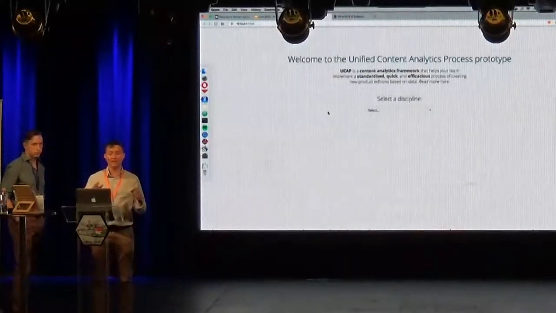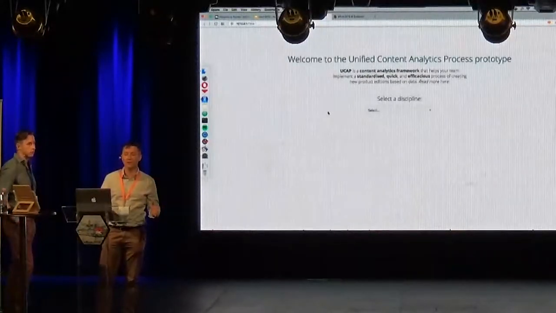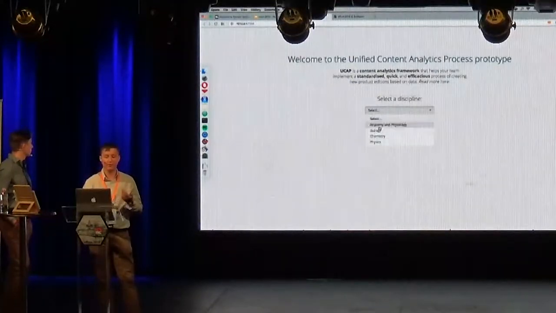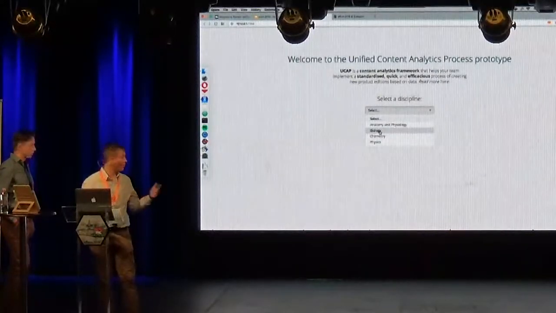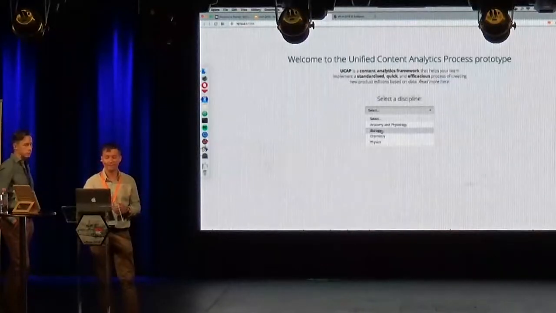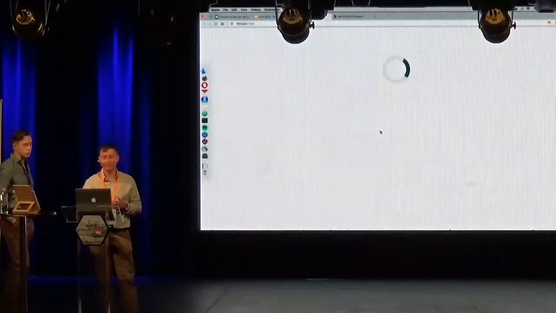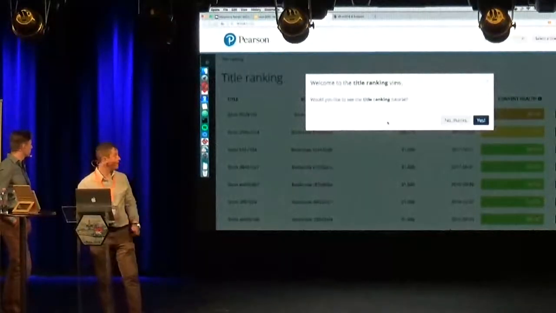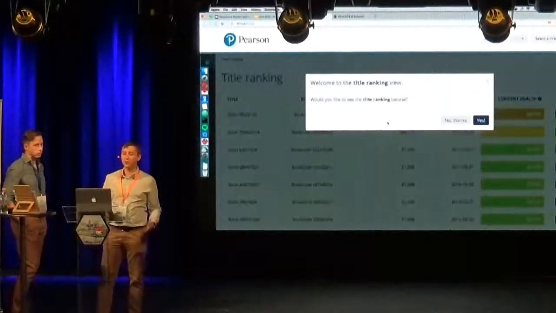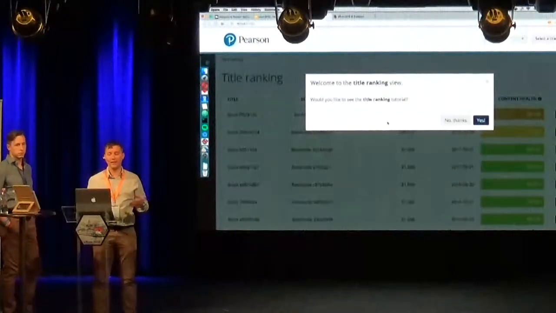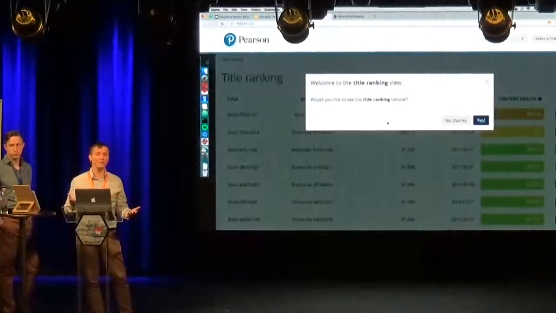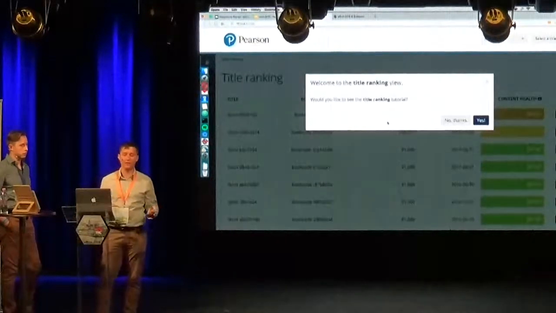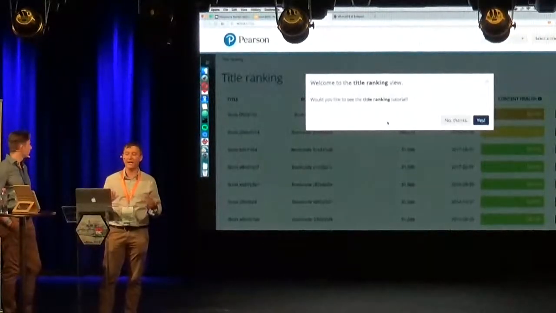Users are really guided through the app. So this is the main screen, and the only thing you can do is actually to select a discipline. You can select, probably you don't see it, but it's biology, chemistry, all these kinds of disciplines. I'll select biology. And the app asks you if you would like to see a tutorial first, because this should serve many users, and we finally won't know who really logs in. There will be many people, so it needs a very good guidance.